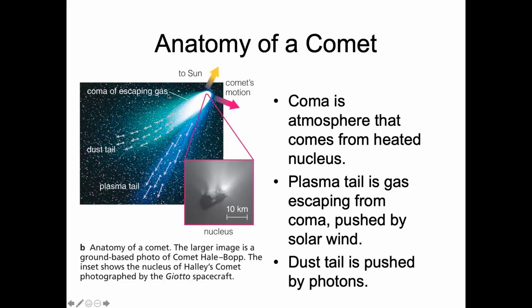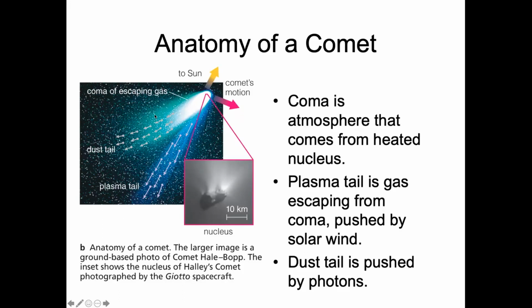Right now, there are two tails, as I mentioned before. There's the dust tail and the plasma tail. The plasma tail is the result of the solar wind coming from the sun that is pushing that atmosphere in the coma directly away from the sun. So you notice how the plasma tail is directly opposite the direction of the sun. We could basically draw a straight line through them. Now, the comet itself is moving down and to the right on our screen based on this pink arrow here.